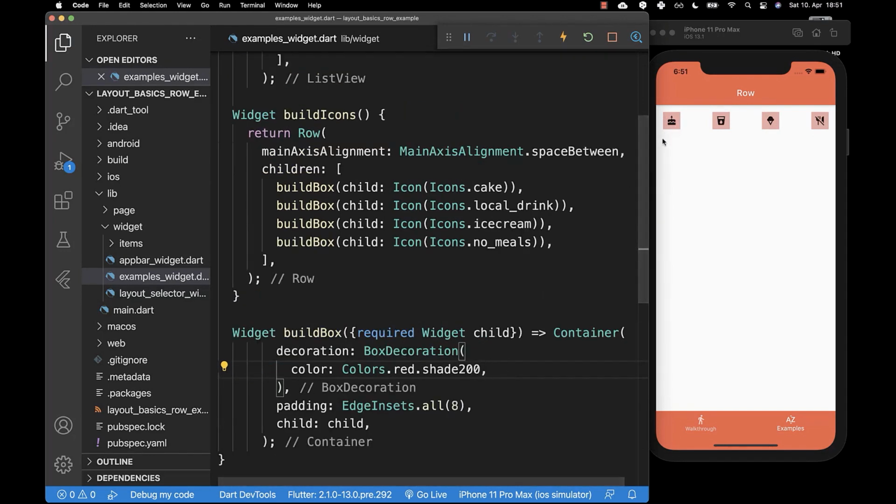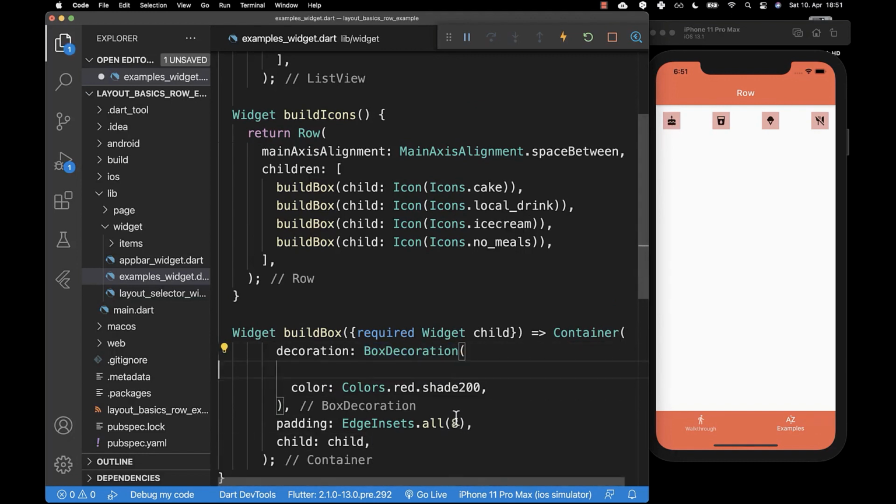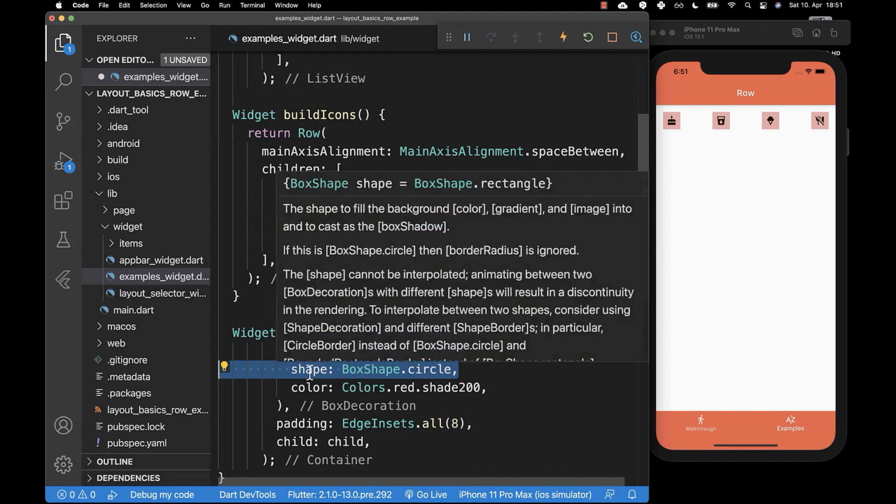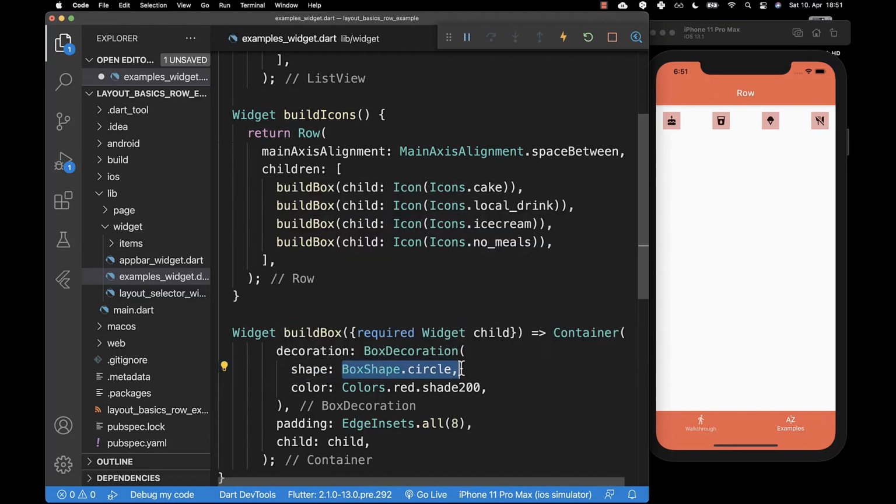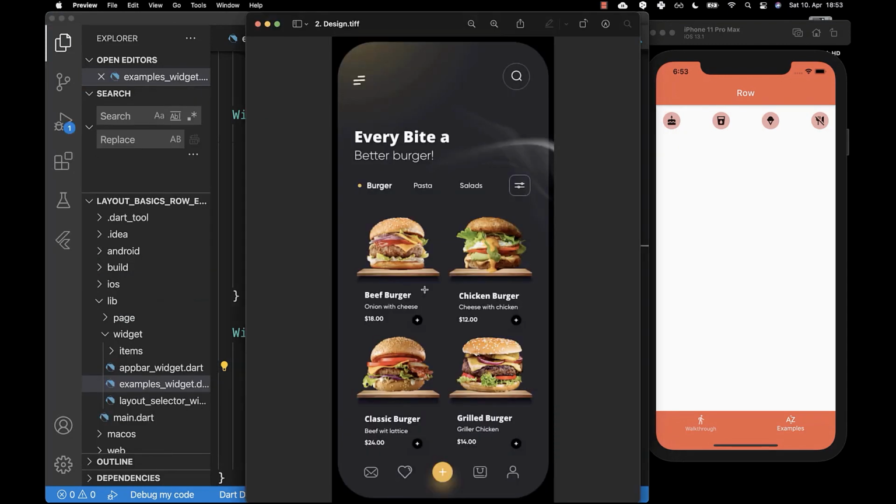And lastly, we want to make our box rounded, and therefore you also can go to your box decoration, and here you have a property shape where you can set the shape to circle, and this will make our box rounded. Next, we want to create our second design, and this is this burger, and